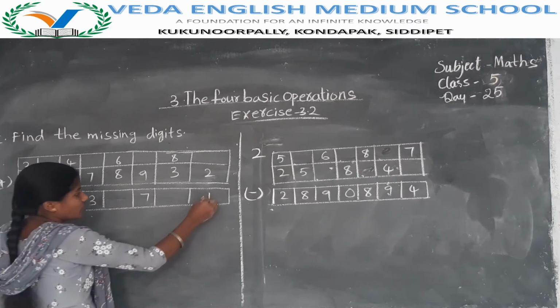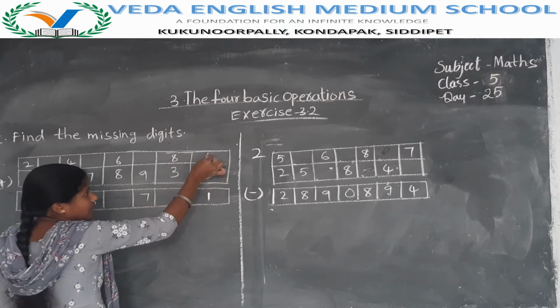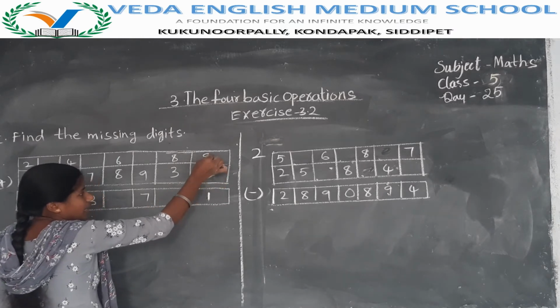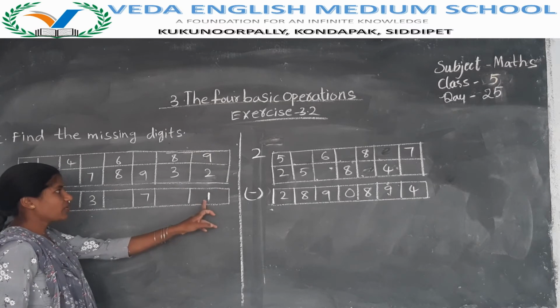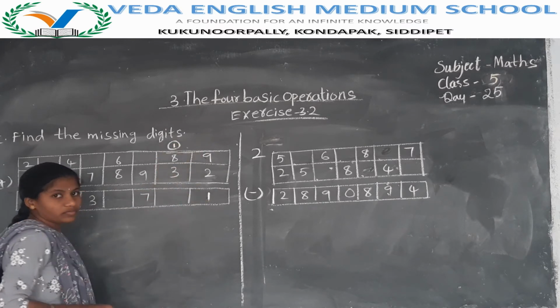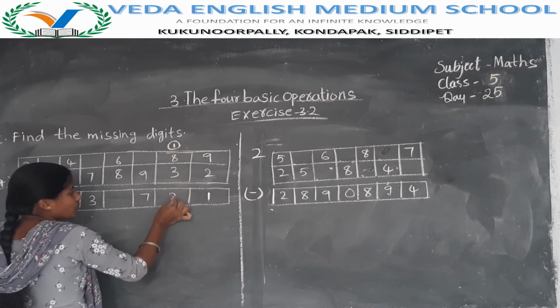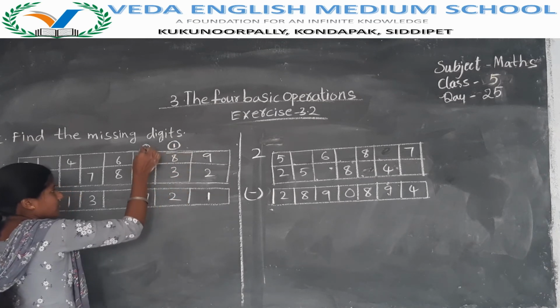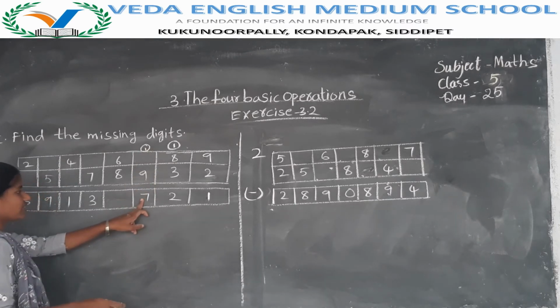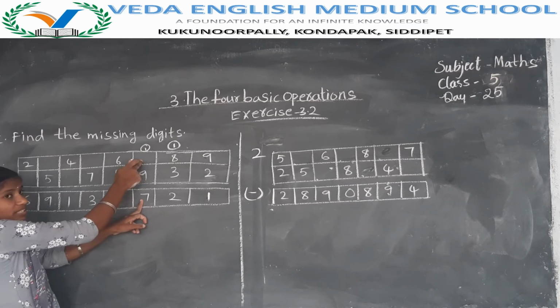Now see here. To get the answer as 1, what do we have to write in this box? We have to write 9. 9 plus 2, 11. 1 we have to write here, 1 becomes carried to the next number. Okay? 8 plus 1, 9. 9 plus 3, 12. 2 you have to write here, 1 becomes carried. Now, to get the answer as 7, what do you have to write here?